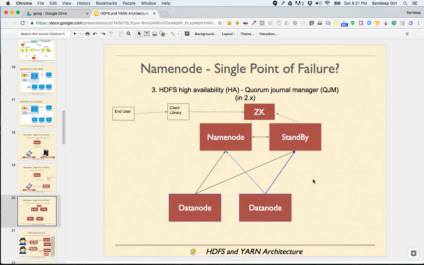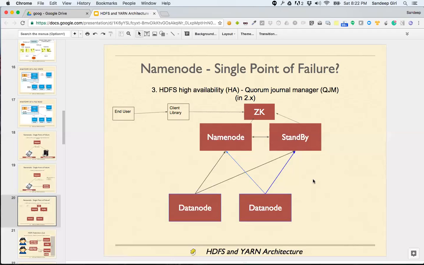All the data nodes inform about the changes to the name node as well as the standby, so that the duty of the name node to sync becomes lower, because the name node has given some of the load to the data nodes. That's the way it has been architected: data nodes inform both the name node as well as the standby, so that the standby keeps very fresh data, and in circumstances where the name node goes down, the standby becomes the name node.